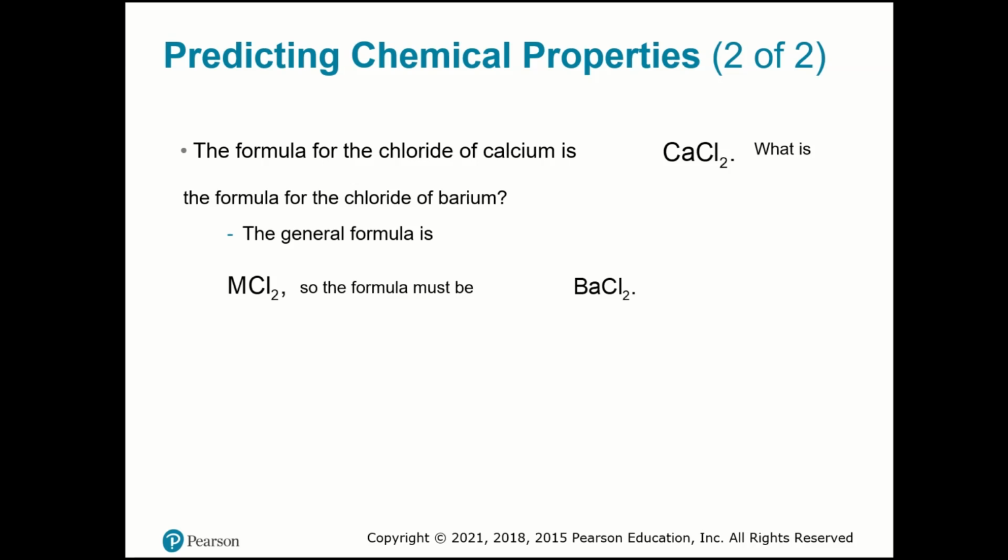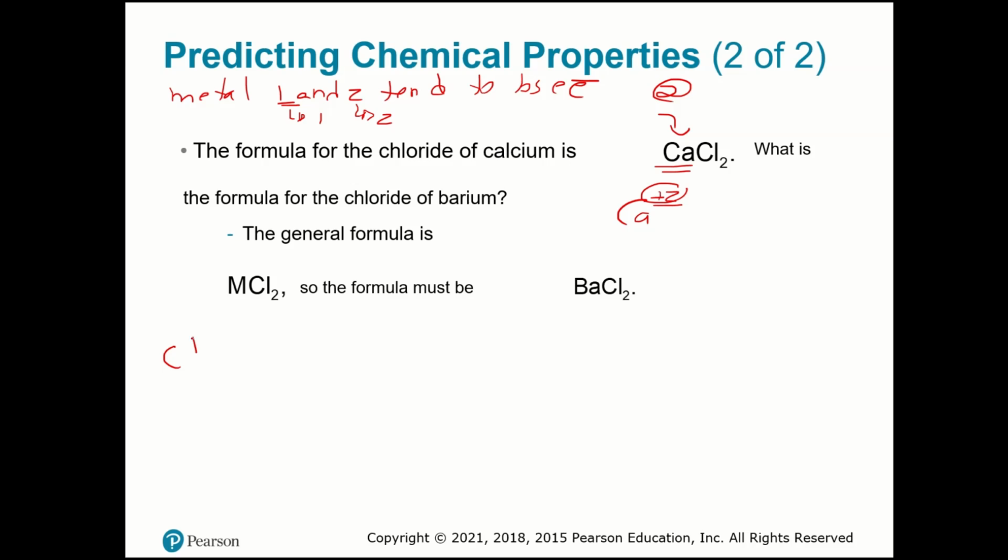So if you go to calcium, look at this. Calcium is in group 2. That means they have 2 electrons. They're metals, so they tend to lose electrons and become positive, okay? Metals in group 1 and 2 tend to lose electrons, okay? They will lose 1 electron if in group 1 and 2 electrons if in group 2. Calcium is in group 2 and will lose 2 electrons, so this is why it's positive,